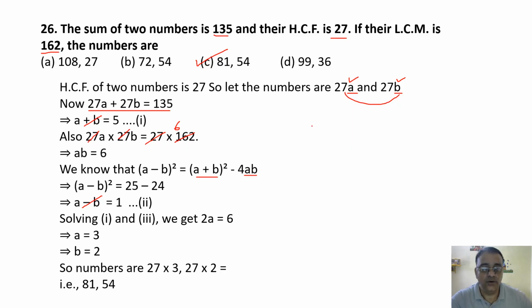ओके फाइन। देखो, अगर ये पूरा सॉल्व करने की जरूरत भी नहीं है, यहाँ पर a प्लस b 5 है। देखो एक मिनट, a प्लस b 5 दिया हुआ है, राइट, और a इंटू b 6 है। सो प्रोडक्ट 6 है, 6 का दो फैक्टर जिसका सम 5 होना चाहिए। The factor of 6 is very easy, the factors of 6 are 3, 2 या 2, 3। ठीक है, ये क्लियर है। तो ये पूरा सॉल्व करने की जरूरत नहीं, मुझे एक्सप्लेन करना है इसलिए मैं सॉल्व करके दिखला रहा हूँ। यहाँ पे डायरेक्ट भी कर सकते हो। ओके फाइन। So now we are moving toward question number 27.